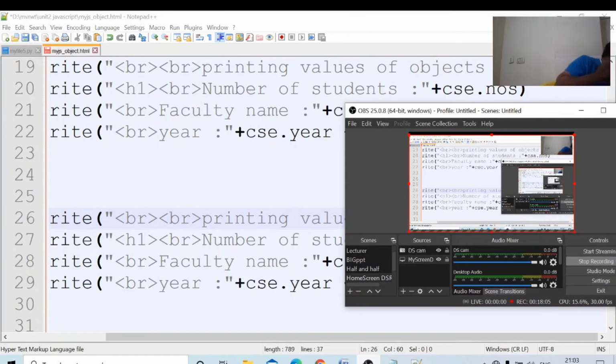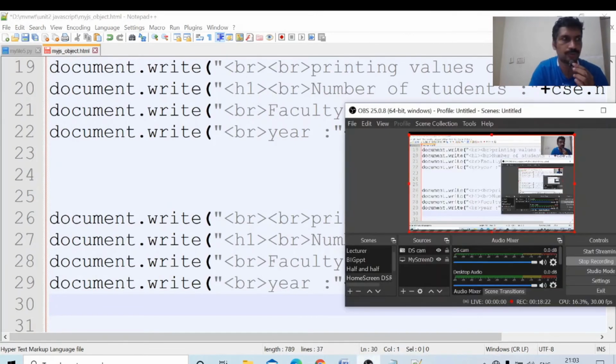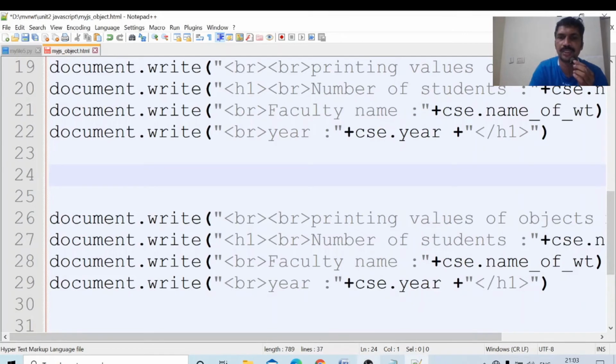I will write here method 2. Now we will see how to print these values using method 2.